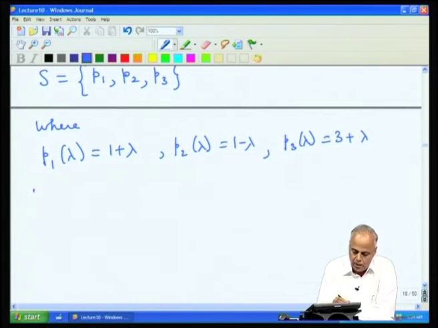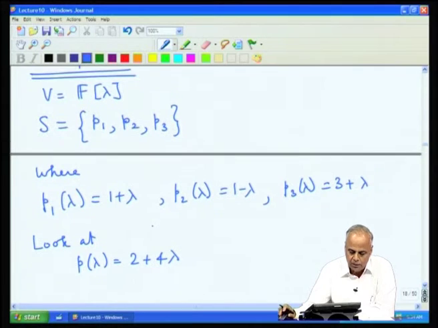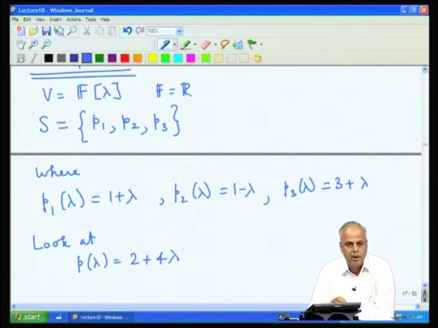Now, let us look at P lambda, which is 2 plus 4 lambda. This is again a polynomial, its coefficients are in R. So, therefore, this is a polynomial. Let us take F to be R to be much simpler. So, we have a polynomial over the reals, we have 3 polynomials, we are now looking at a fourth polynomial